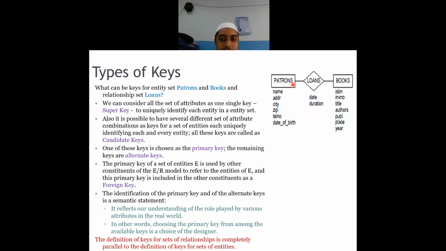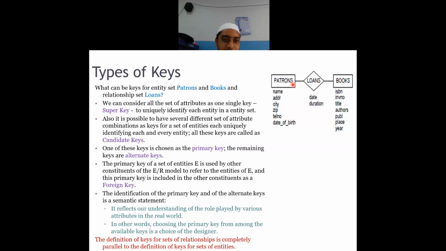For example, if I need to uniquely identify each student, if I combine the student name, pin number, marks, and total and everything, it definitely uniquely identifies the student. But every time to ask for the student or to call the student, if I'm using each and every detail, will it be convenient enough for me to use it? No. So for that regard, we will not consider the super key over here.